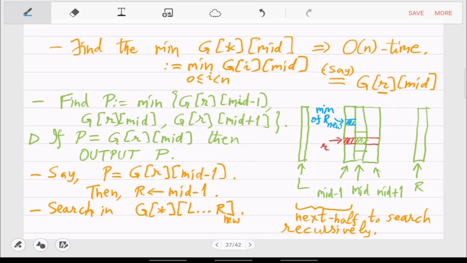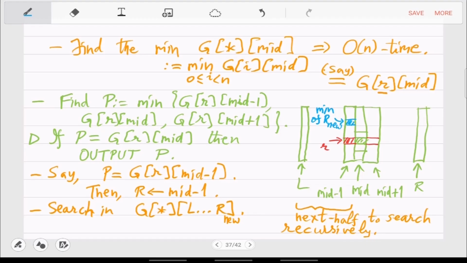You have only found the green and the red cells. The blue one you will not find, you will just deduce. The blue one is even smaller than the red one. So the inequality holds true with blue also. The blue one is smaller than all the green cells in the mid column. You don't have to find it, it's already true.